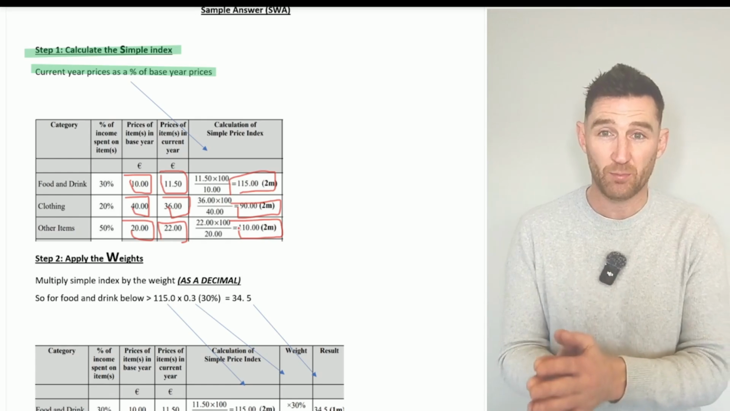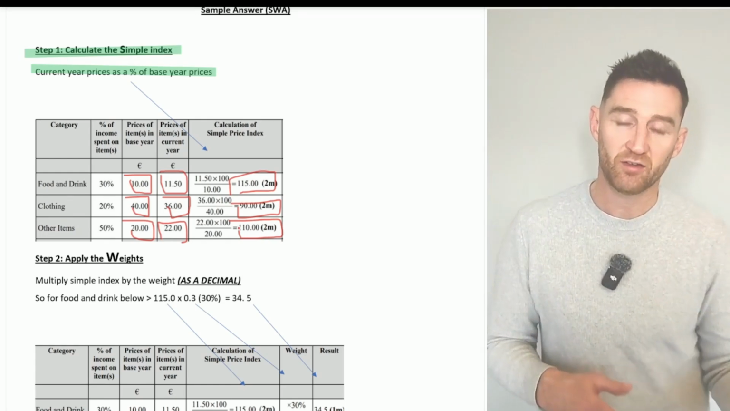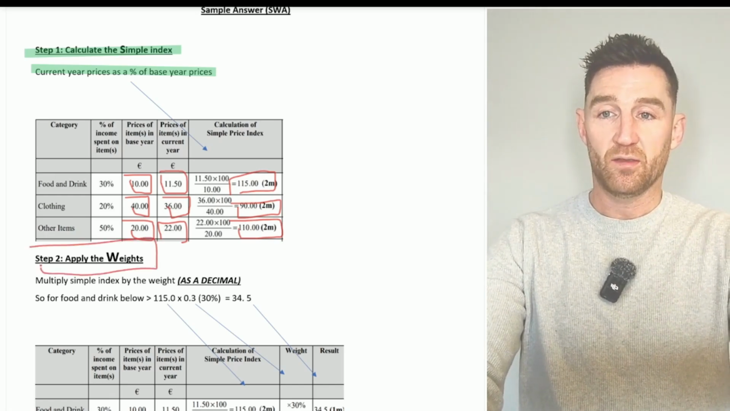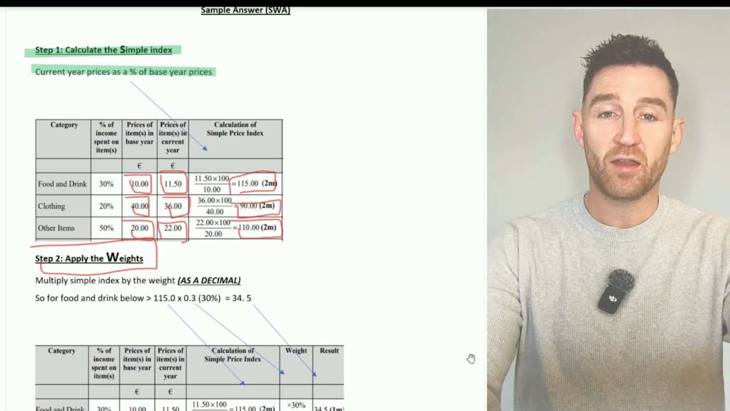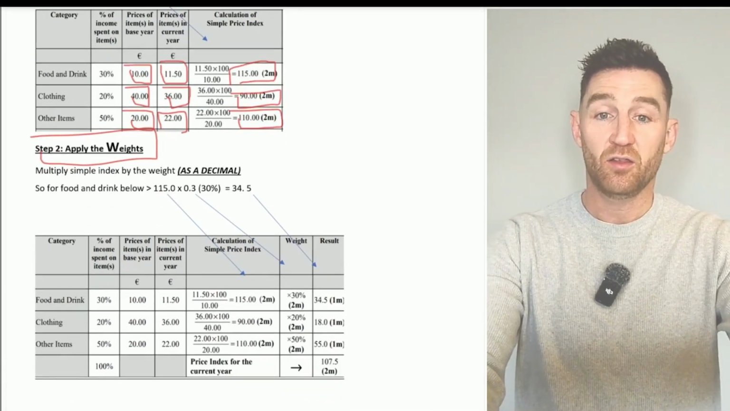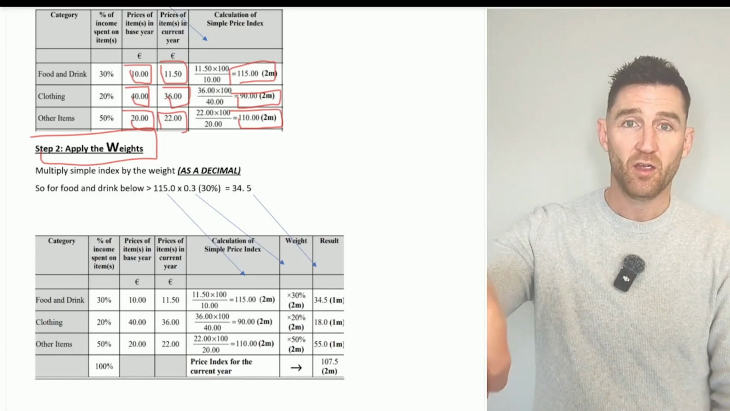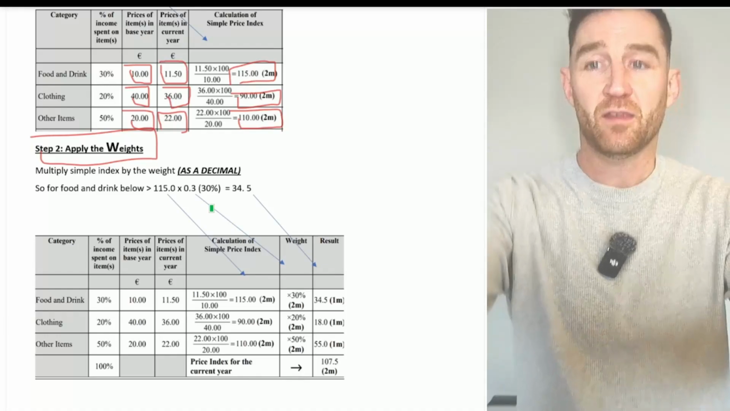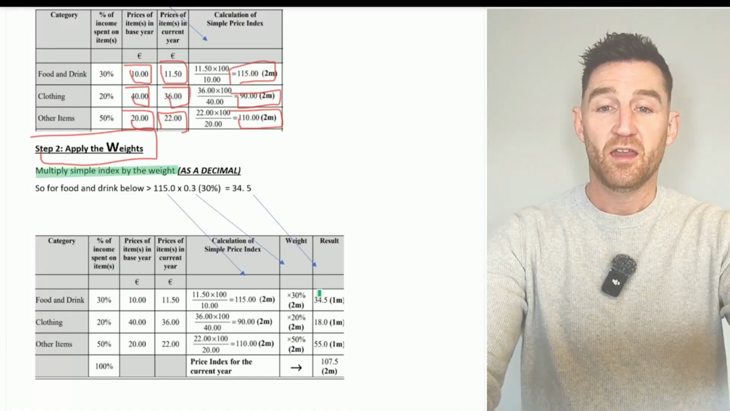You apply the simple index. So all you do is find the current year prices as a percentage of the base year. The next thing then is that you apply the weights. Now, what I would do with these questions, to apply the weights, all you do is multiply. So what we just did in step 1, we got the simple index. All you're going to do is multiply that by the weight. Now, crucially,